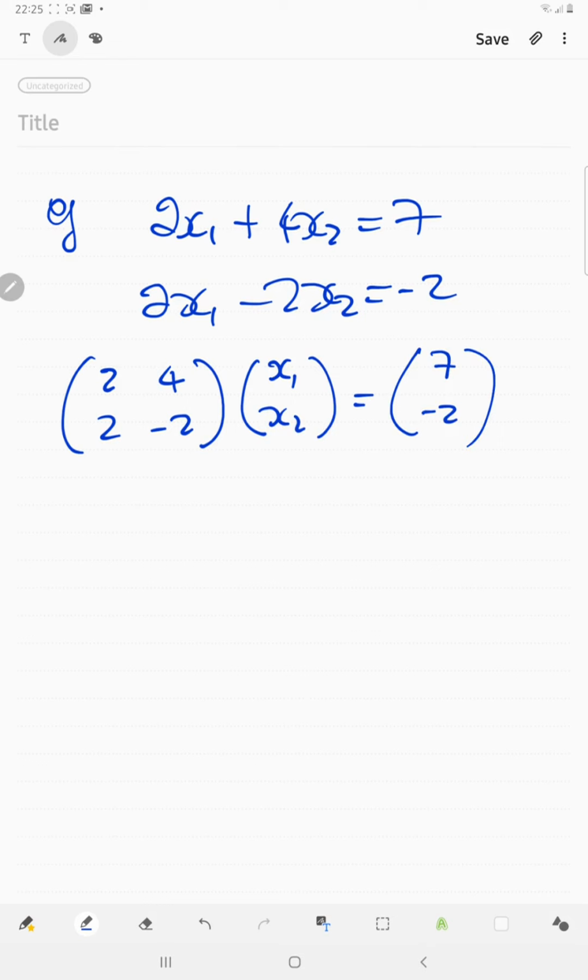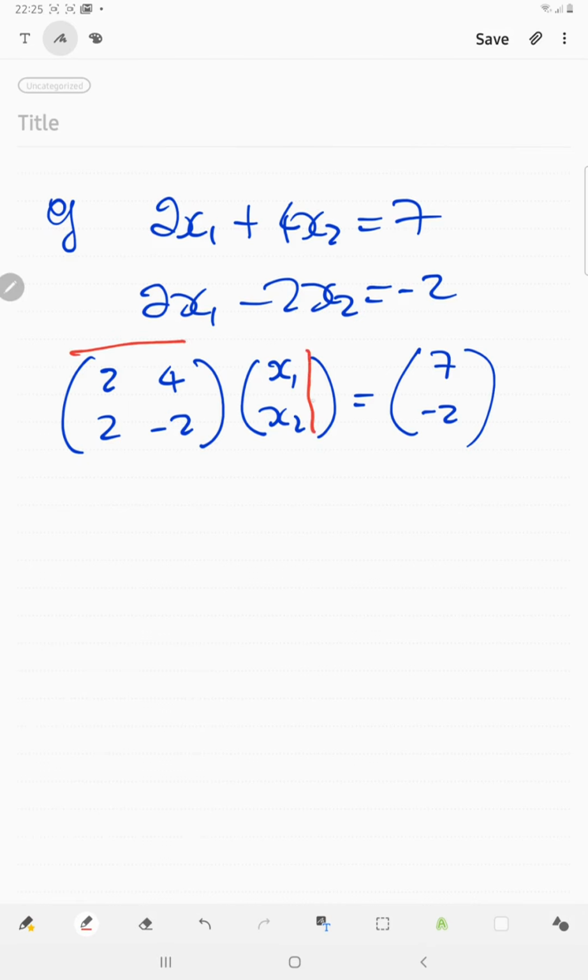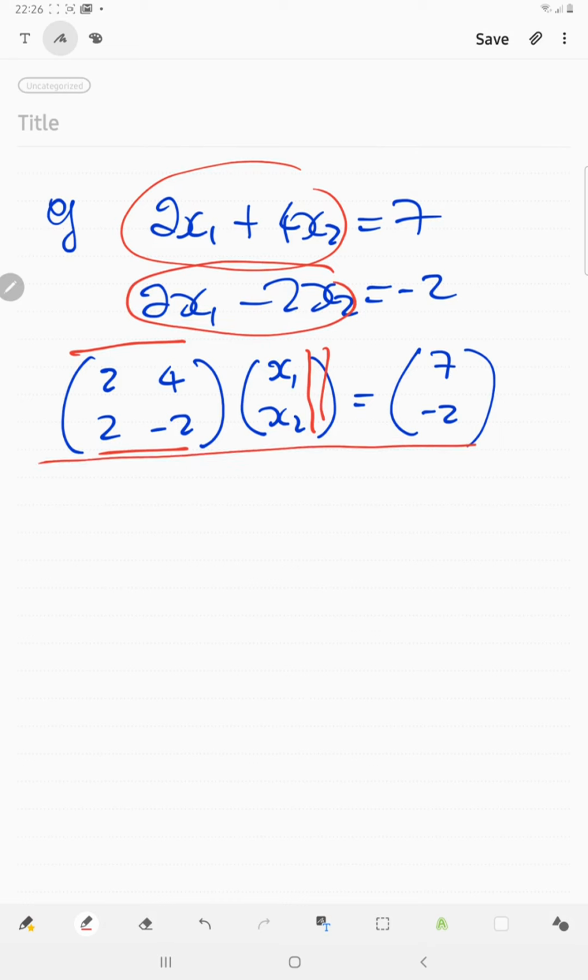Now, looking at the law where we are multiplying this by that, we can get that. And if you take this by that, you can get the bottom one. But now we can represent this in this particular matrix. So if I want to get the solution for this, x1 can be equal to